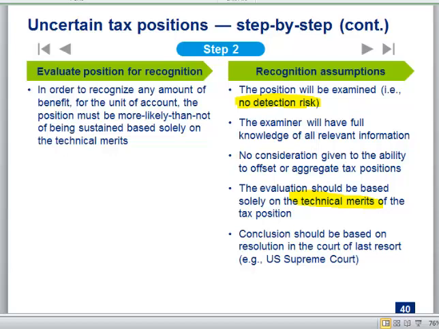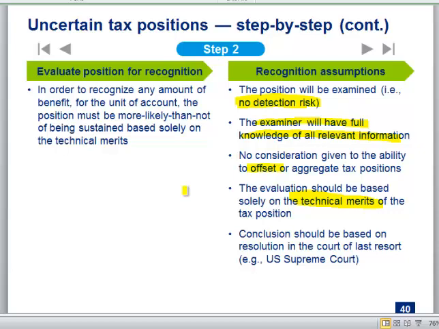And so FIN 48 came out and said, assume you're going to get audited. And they said, assume that the auditor has knowledge of what the facts are. And they said, assume you can't horse trade issues, like you can't trade your transfer pricing for your R&D credit. You're supposed to kind of look at them individually. And so that's kind of an ivory tower type of analysis, because that's not the real world, right? The agents don't have all the facts. And in reality, detection risk is a big deal. So all these things they make you assume, these are theoretical things. This is not real world, but that's how the accounting is based.